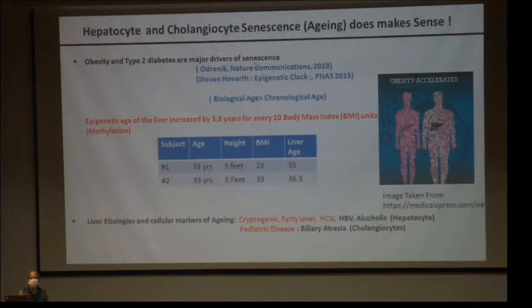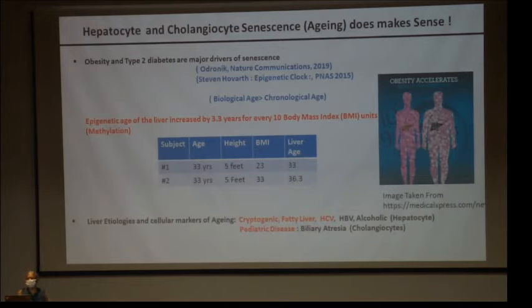So now there are 2 kinds of age which a person has. A chronological age, and by chronological age we mean from the time of birth. And usually as the person ages, there is a shortening of the telomere, and that is called replicative senescence or replicative aging. But there's also a biological age to each of our organs. And fortunately, in that list, the liver is supposed to be a much more resilient organ.